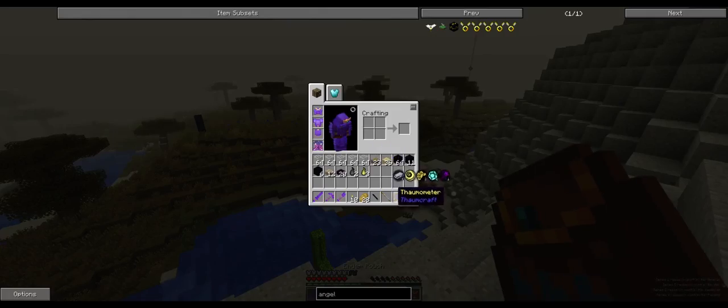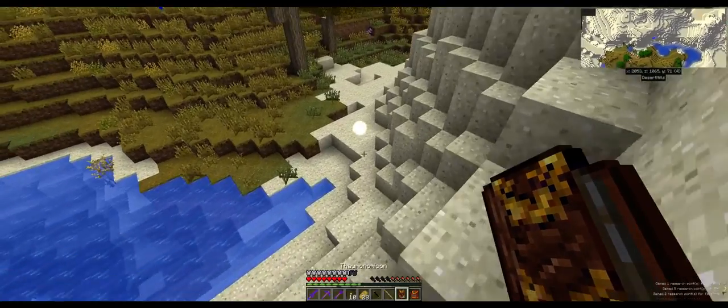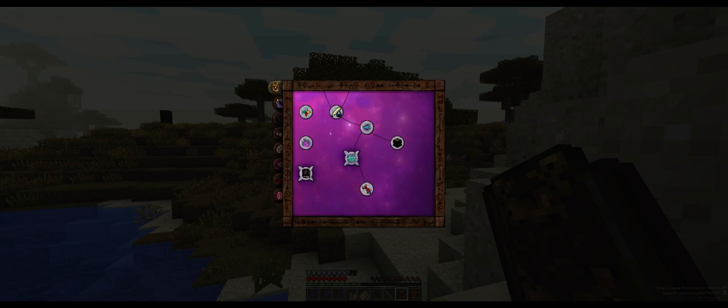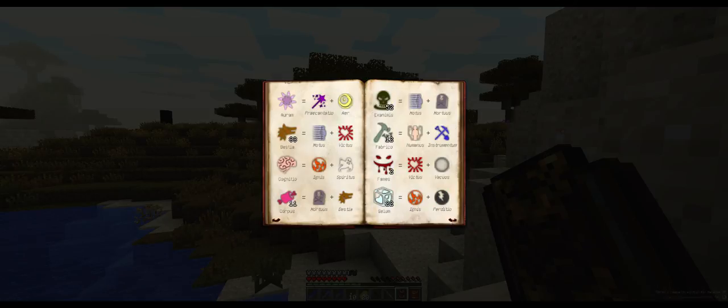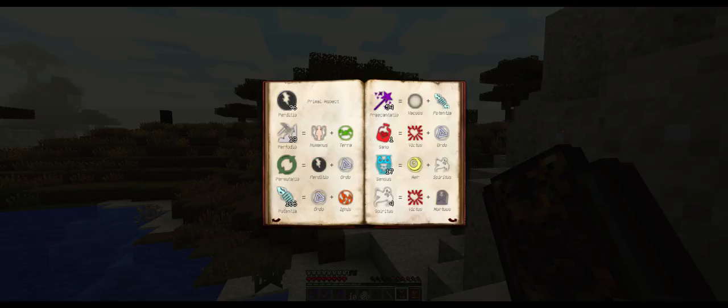Now hang on just a second. Metallum. Metallum is... let me sit here and look at this, because this might actually be a useful node. So Metallum is Vitreous and Ordo, isn't it? Terra. Okay, so this is Terra plus...